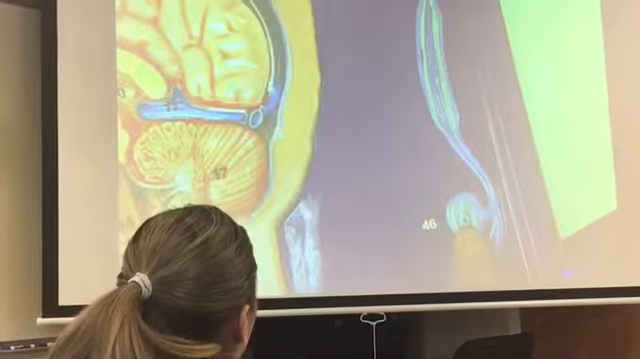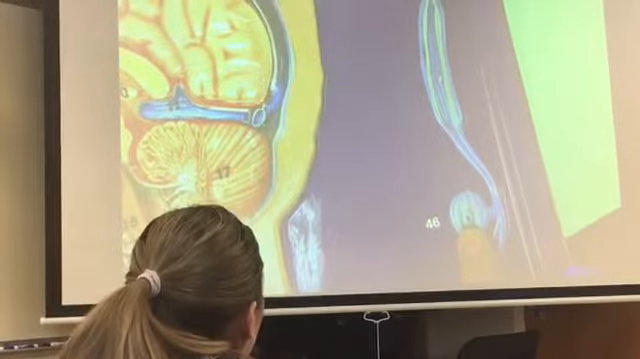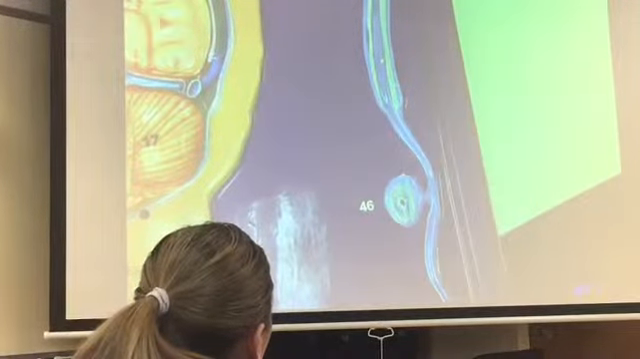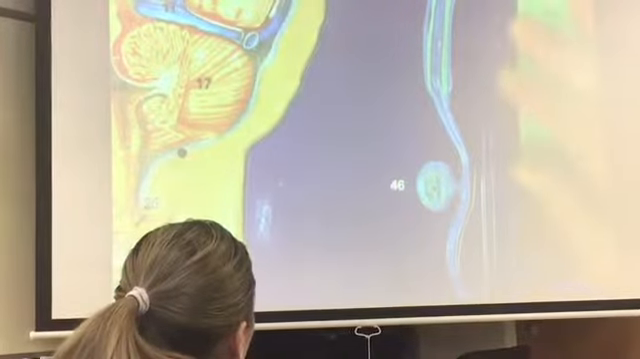Cell body off to the side. Structural class, please. Unipolar. Functional class. Sensory or afferent. Either one. You don't have to include both, but either one. And then as you work your way down,